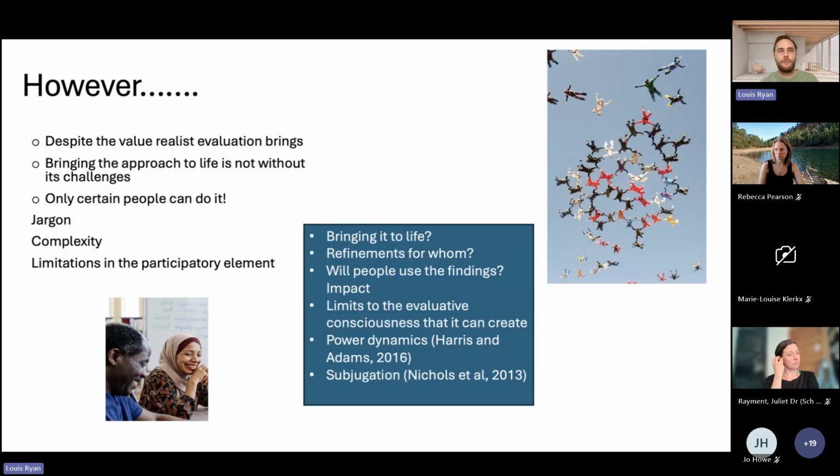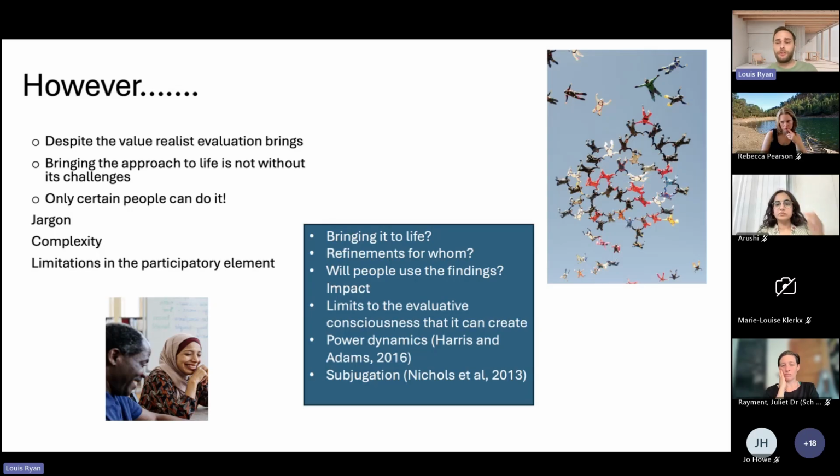With that might come a lot of resource that's needed, finances that are needed, time that's needed in order to implement realist evaluation, especially with people for whom evaluation is a small part of their job. Now putting realist evaluation there can make it really difficult. And then there are potentially limitations within the participatory element. If we're trying to bring lots of people together to explore some of these program theories in an interactive way, this can put people off. Just the phrase realist evaluation can be a barrier in itself.